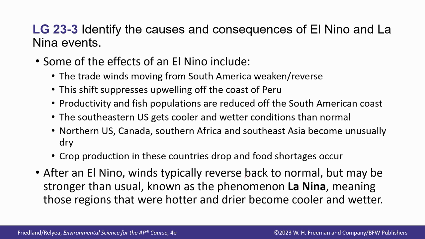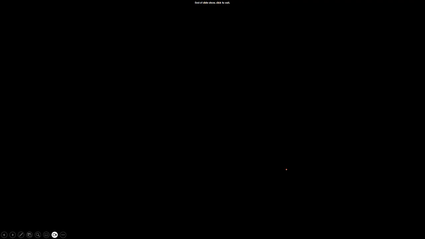After an El Niño, winds typically reverse back to normal, but may be stronger than usual. This phenomenon is known as a La Niña, meaning those regions that were hot and dry now become cool and wetter. So that's when they see a lot of those rains, and that'd be a periodic disruption, like what we've talked about in earlier modules. So that wraps up Unit 4. Let me know if you have